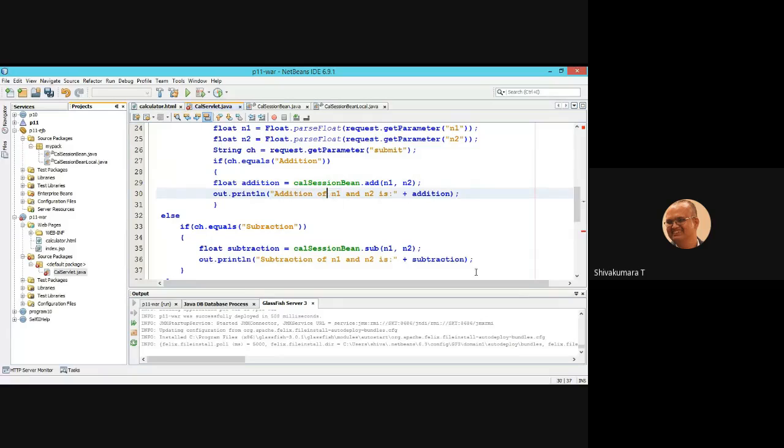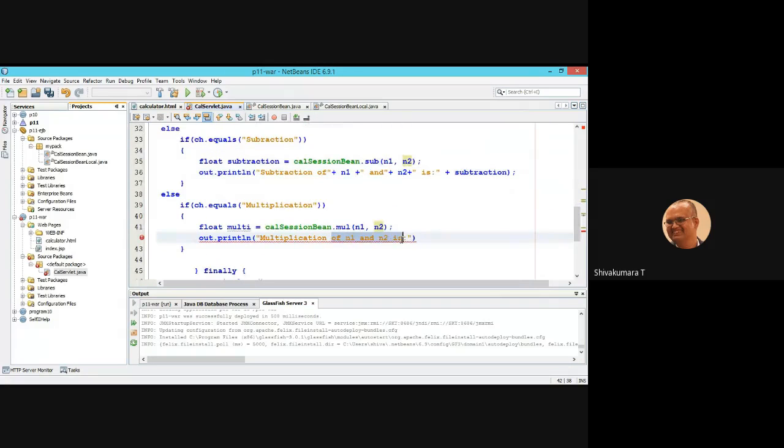Or instead of that n1 and n2, you can use addition of n1 plus n2 is, you can display like this. Plus multi.